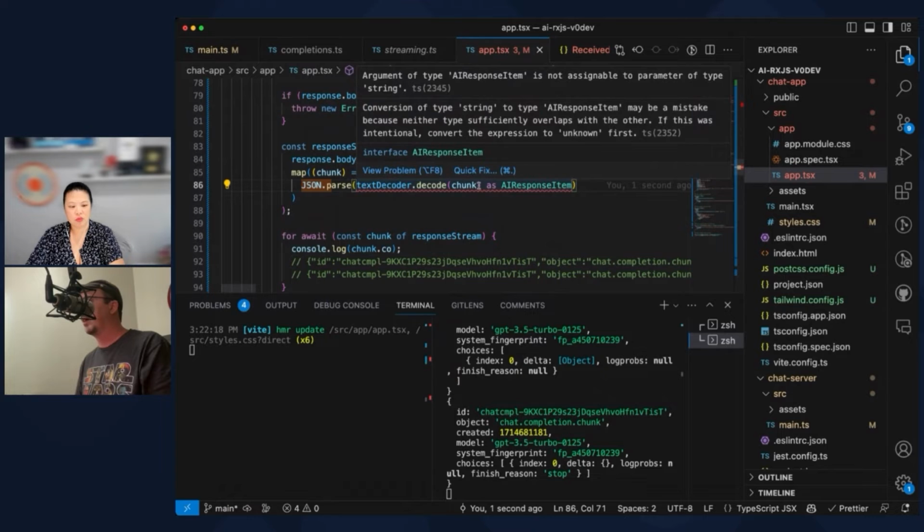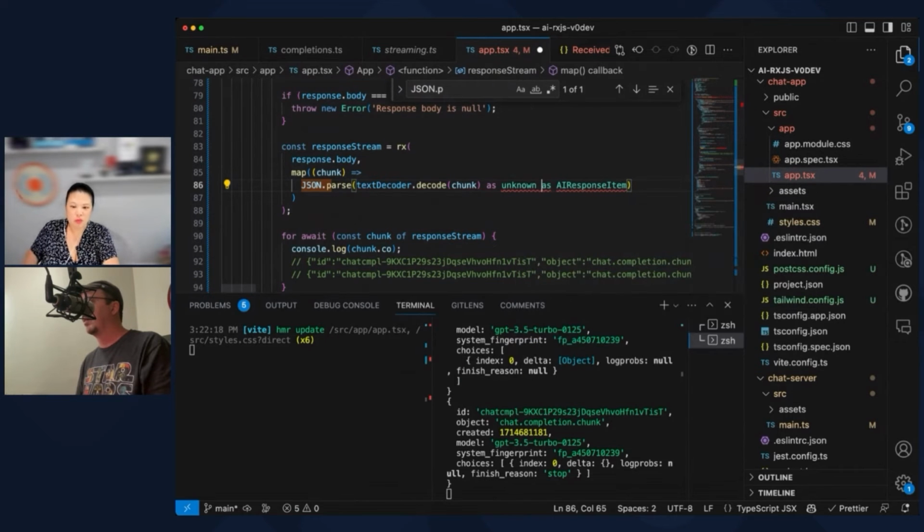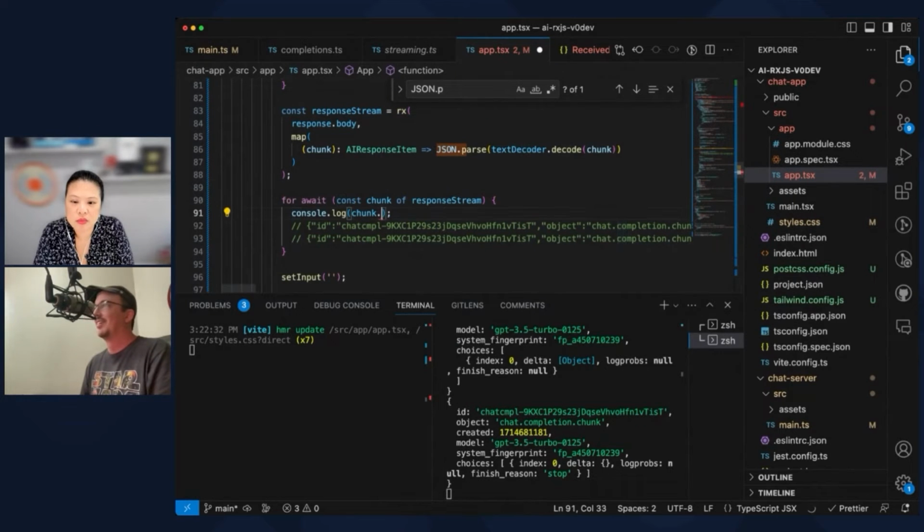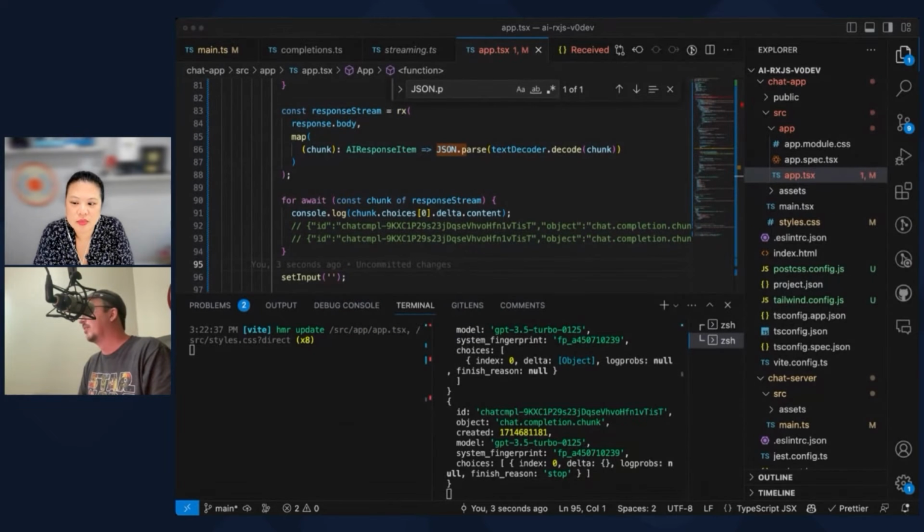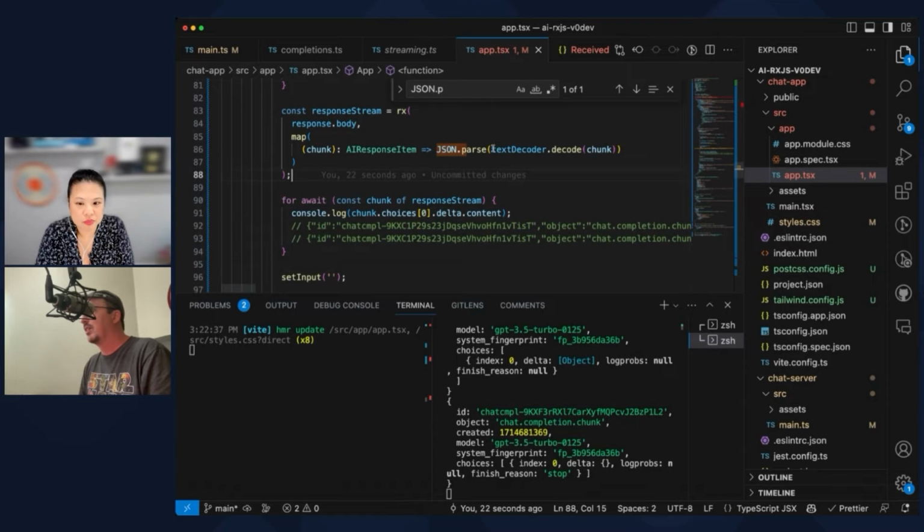Why doesn't it know? Okay, fine. All right, so choice is delta content. I'm just going to log this out to console, and I'll see what I get in the console momentarily. Clear my console. Name is Ben. Did it work? Expected a whitespace character at position blah. So JSON parse is sad. It does not like JSON parsing.